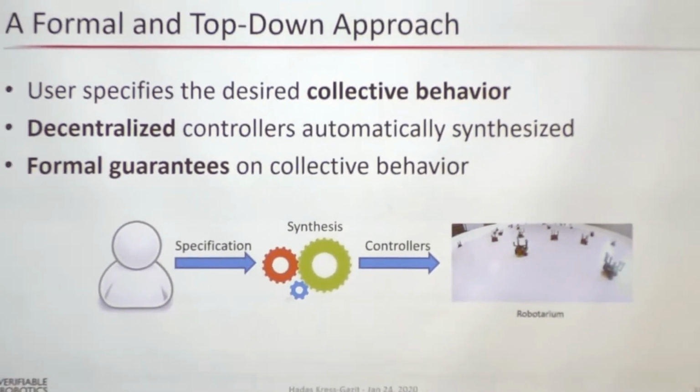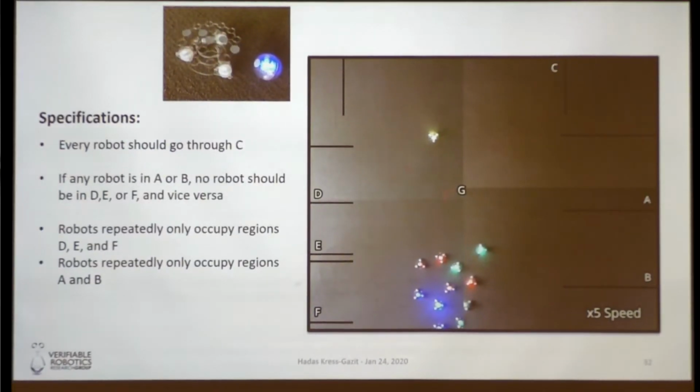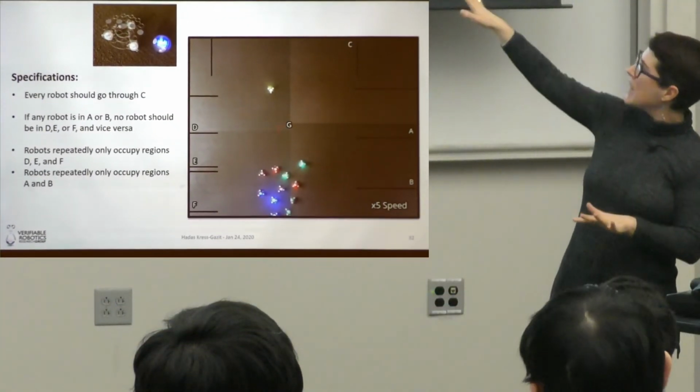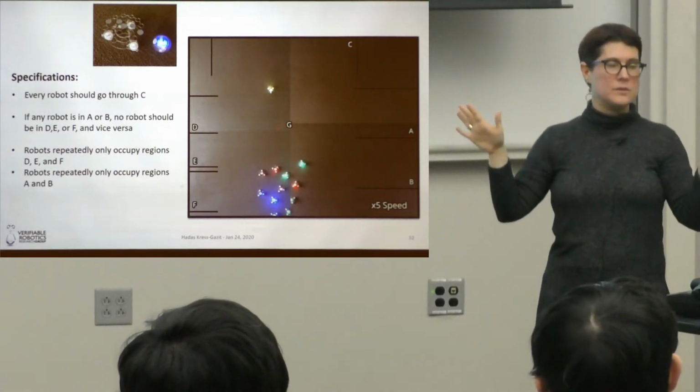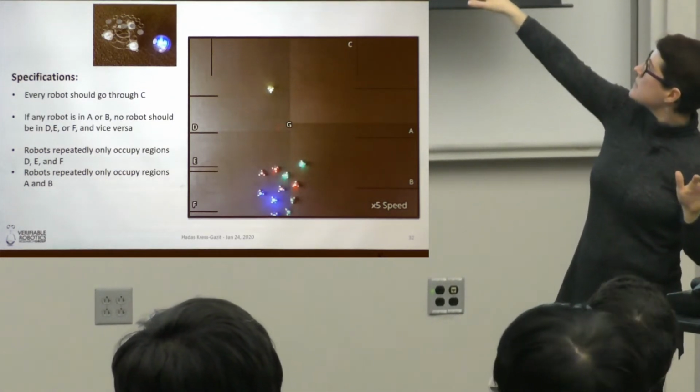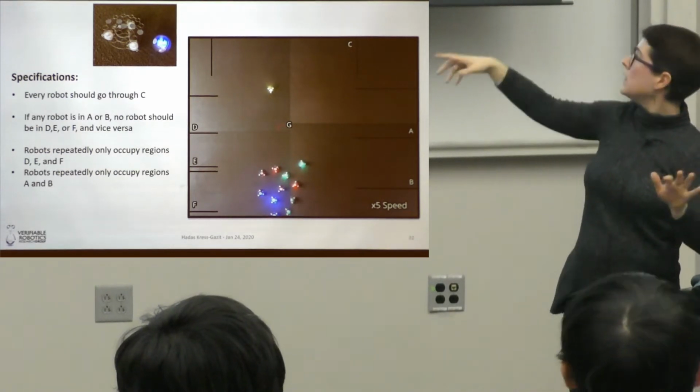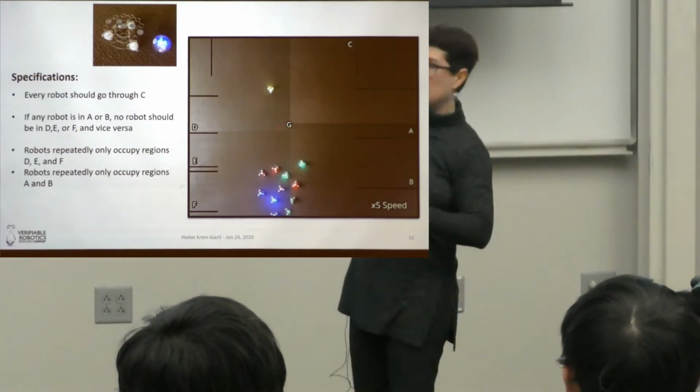Let me give you an example of a simple scenario. These are sphere robots that unfortunately are all dead in my lab. They don't charge anymore, which is very frustrating. We put a cage on them for Vicon, so we're not doing any estimation of them. We're under a Vicon system, and they're going to be moving around. So the task here, this is the task. I don't even know how many robots I have. Every robot should go through C, the top. All robots should be in D, E, and F at some point.